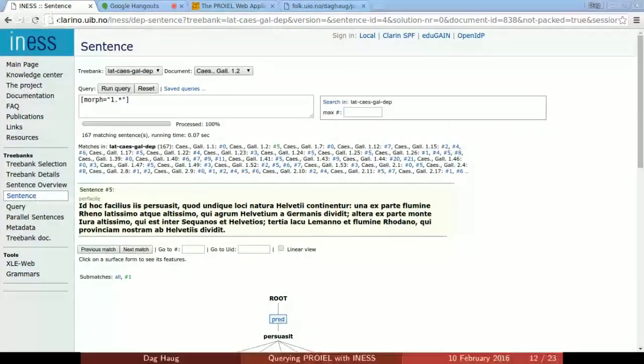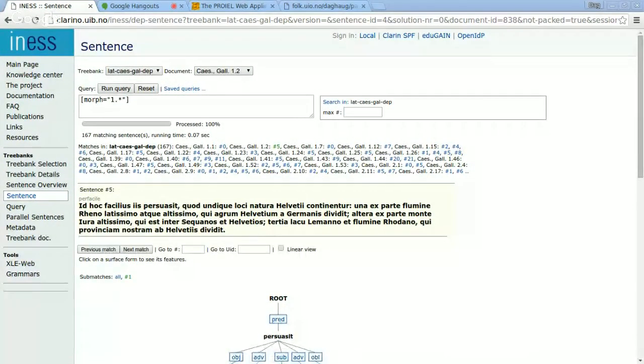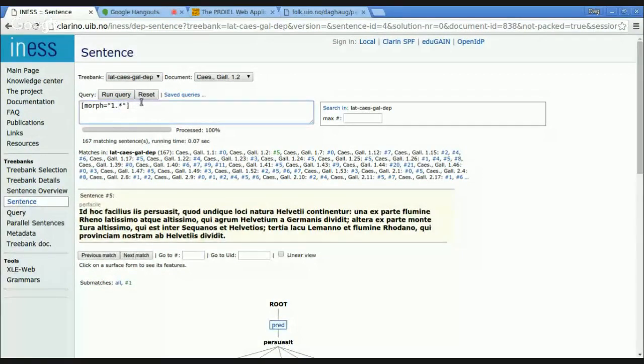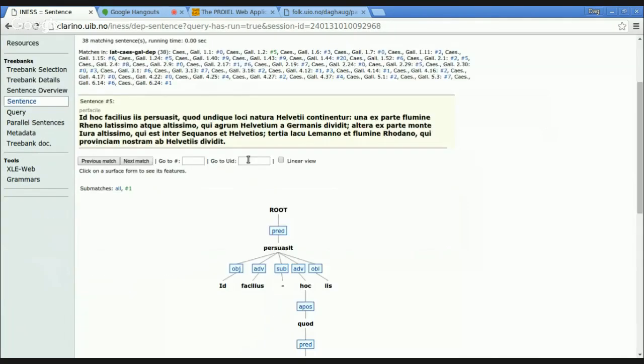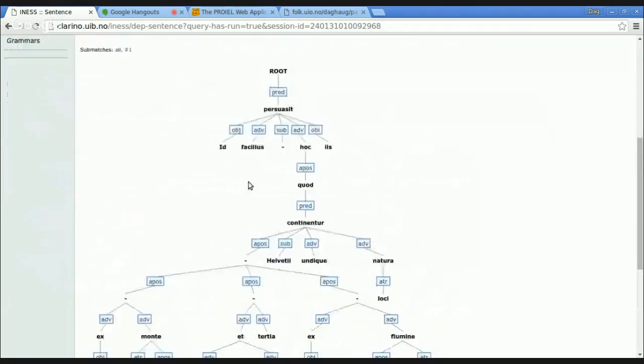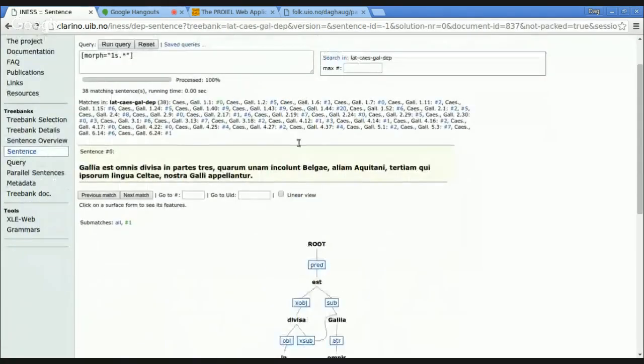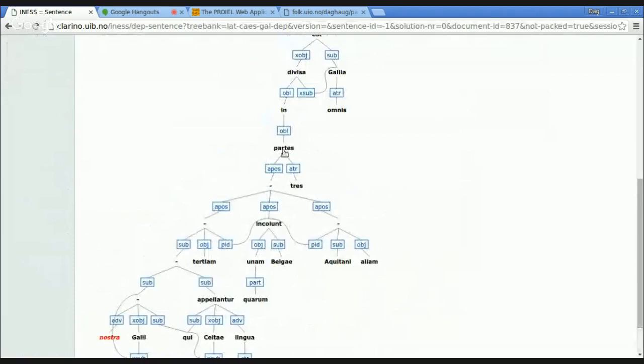So that's fine. The second tag is number, so we could say only first-person singular. Any amount of anything. If I do this, it's 1 followed by any amount of s's. But I want 1 and then s and then anything. So any first-person singular. Now I need to go to the queries again, and then we have